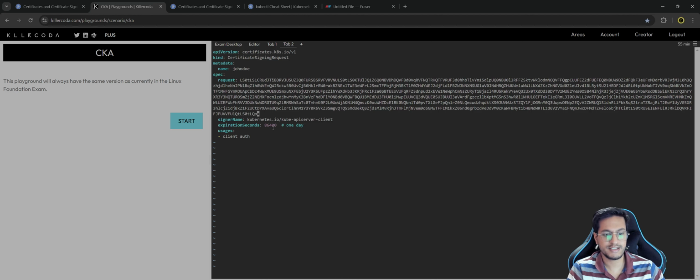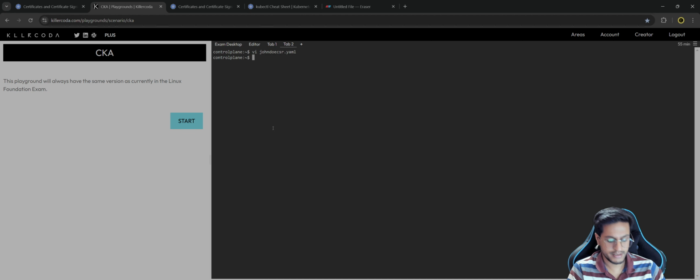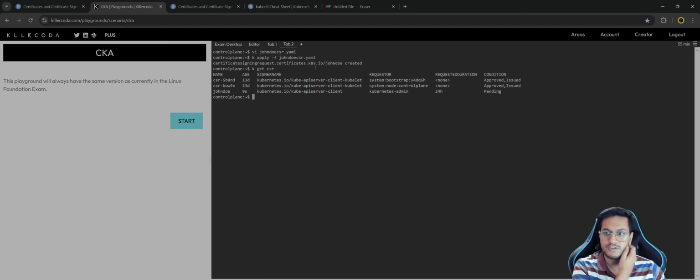So I'm going to escape, Shift :wq, and this will close the file. Then I'll do k apply -f John Doe. Okay. So now our certificate signing request has been created. This is what is being mentioned over here. So we'll check it out. k get csr. So you can see that there is a new one